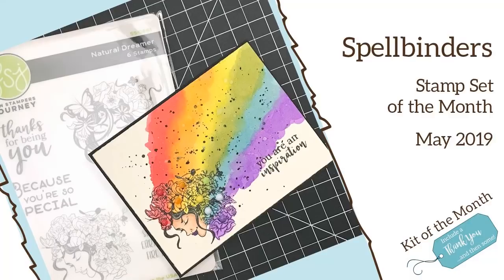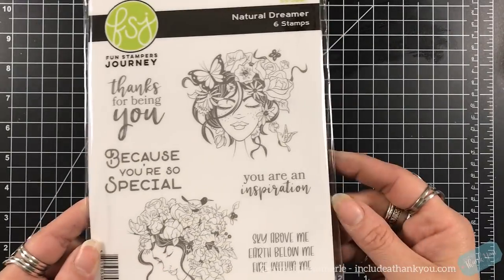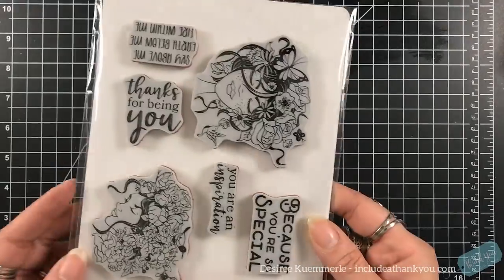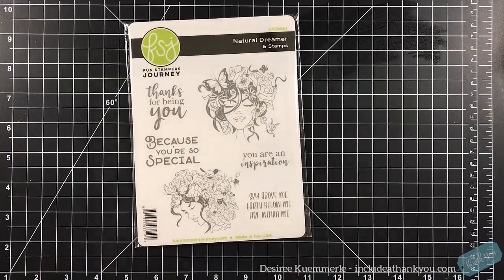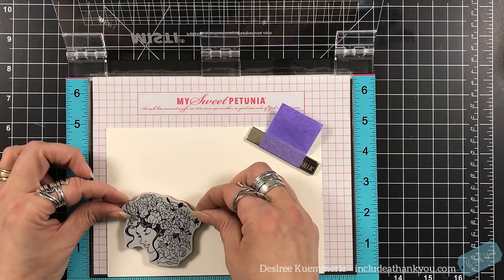This one's for May 2019. The stamp set is from Fun Stamper's Journey, and it's called Natural Dreamer. There's two beautiful facial images with beautiful florals and butterflies and birds just surrounding them, and then some great sentiments in some different fonts. Now, the sentiment that really stuck out to me was the one that says, you are an inspiration. So what I did, or how I'm going to start, I grabbed a piece of